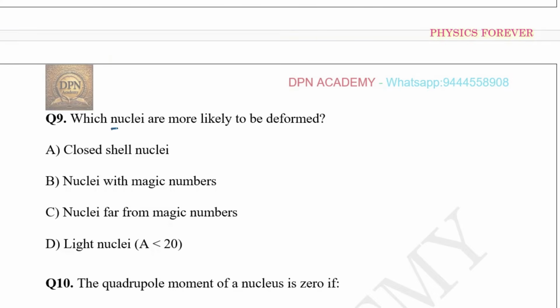Which nuclei are more likely to be deformed? The correct option will be C, the nuclei far from magic numbers. So the nuclei far from magic numbers tend to be deformed. Okay, that is a most important question. Which nuclei are more likely to be deformed? The option C, nuclei far from magic numbers are deformed. Okay,